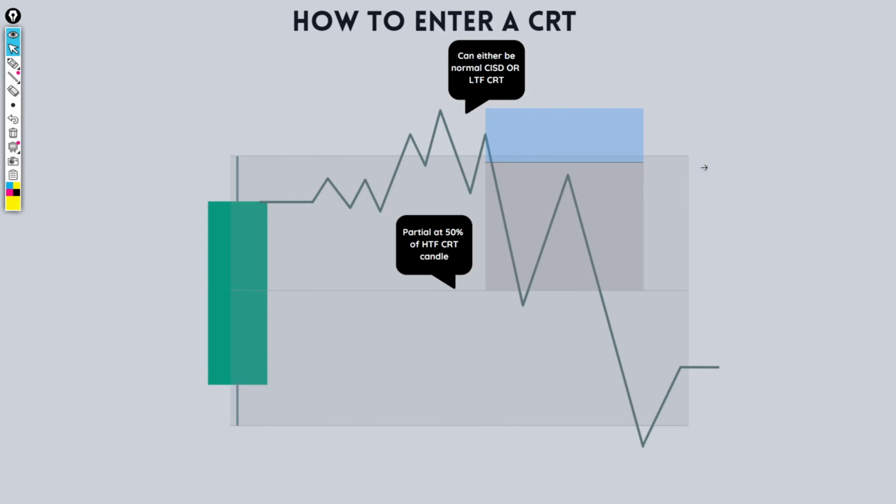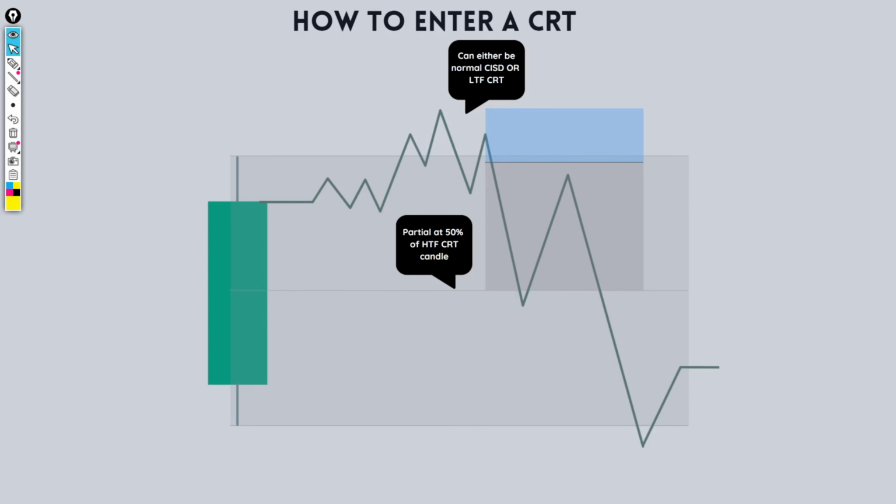Now the most important part that you guys are all looking forward to is how to enter a CRT model. It's nothing crazy from what you've already known. It would be your normal turtle soup entry, okay? With the obvious change in state of delivery, or if you want to be a little bit fancy, you can use the lower time frame CRT model as I've shown you previously, guys,